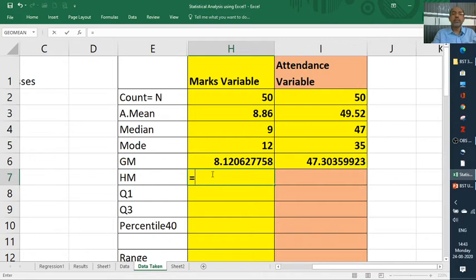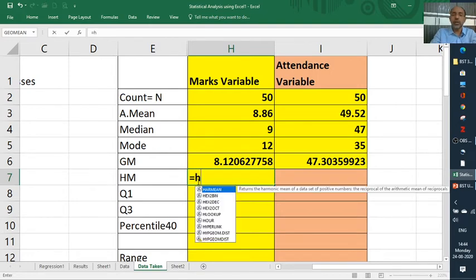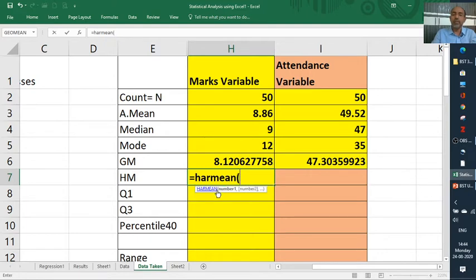So the easy method is, if you put equal, automatically it treats the cell as a function. You just use harmonic, HARMEAN.